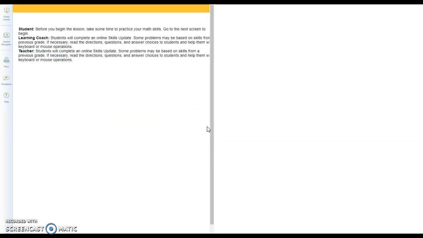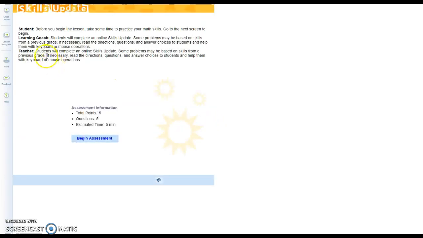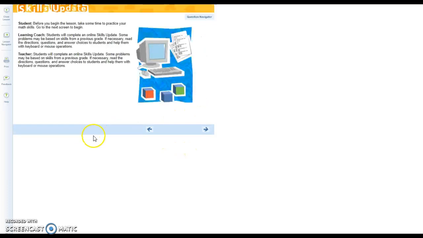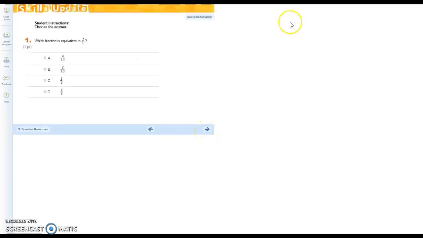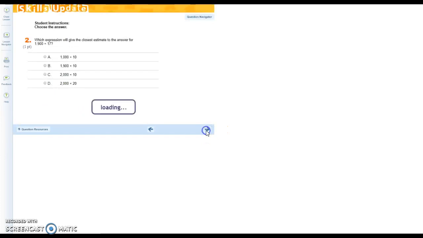You continue to progress through the pages and read each page. And at the end of most lessons, there will be a short little 5-point assessment. To begin that, you just click Begin Assessment. Use the arrows to navigate your way through. You'll choose the correct answer. And when you get to the end,